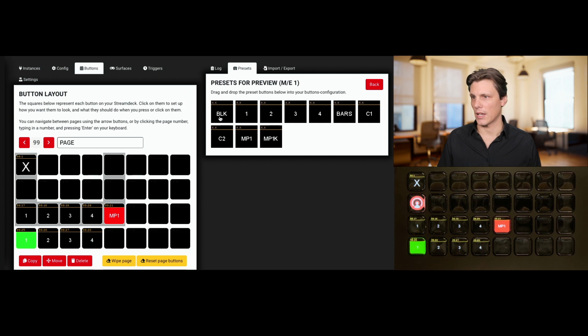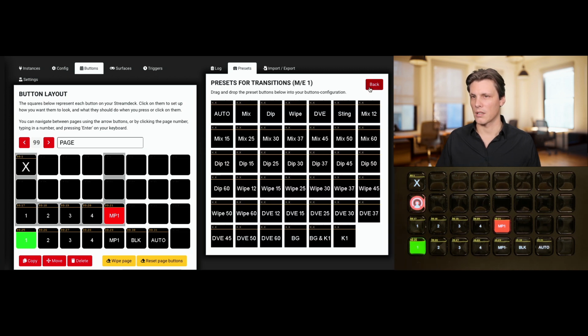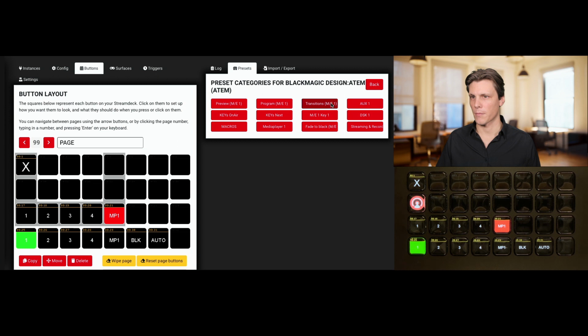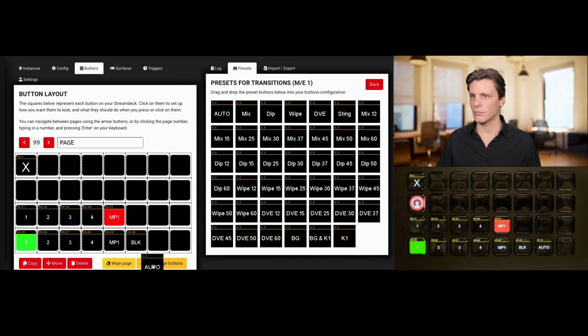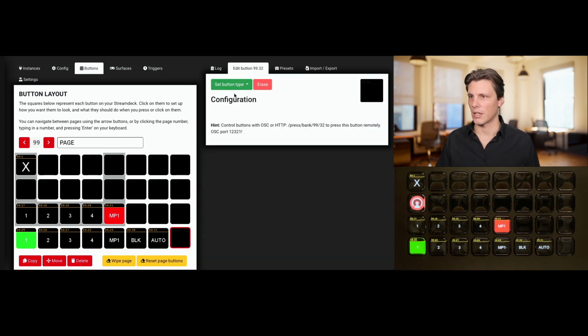Excellent. Now I actually have a black key here. Oh, media 1. And then I also wanted a cut key, which is under, I can't find it. Transitions. I'm going to put an auto key here. Okay, I can't find it, so I'm just going to build it, which is I'm going to set a regular